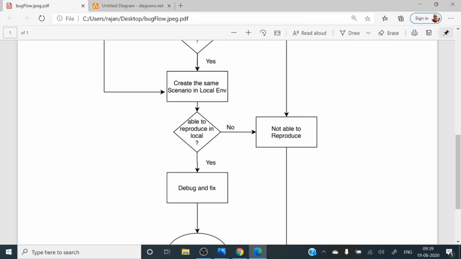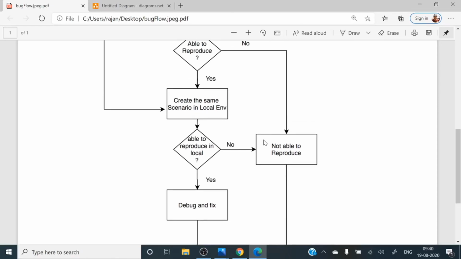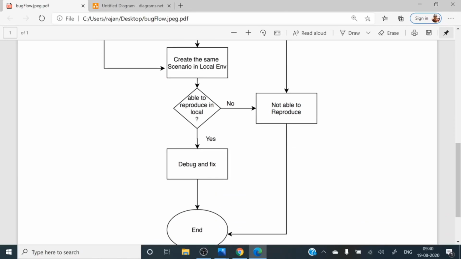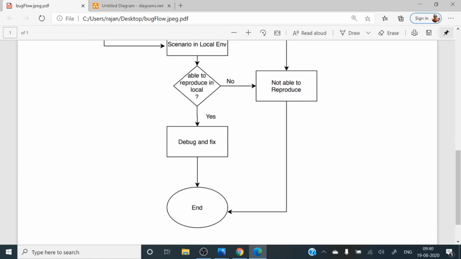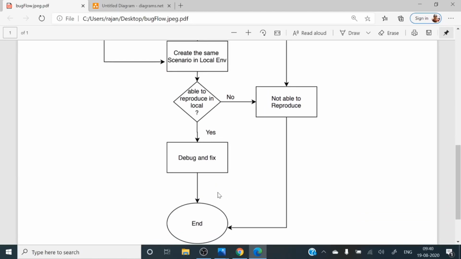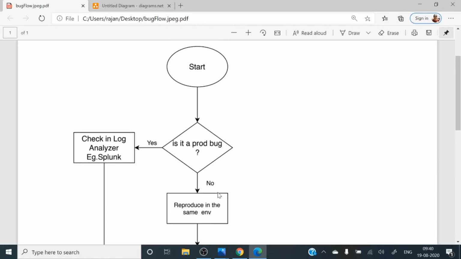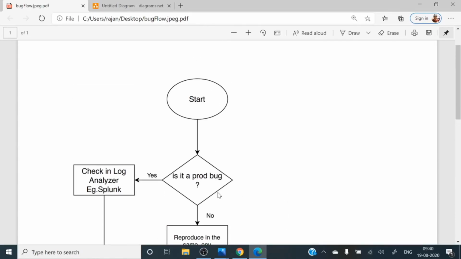Maybe it is different data, or maybe you are missing something, so you can ask your QA people to help you reproduce it so that you can fix that bug. If it is still not able to be reproduced, you can mark it as not able to reproduce and close that bug. So this is the whole approach to how we can solve a bug, whether it's in production or in a lower environment.